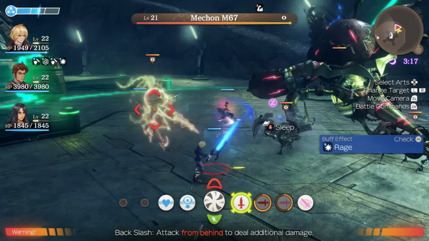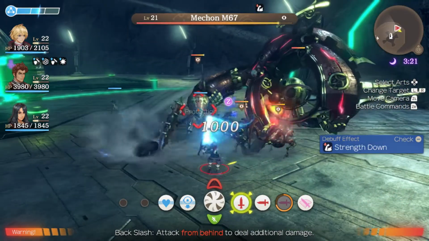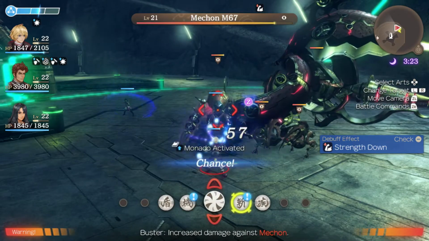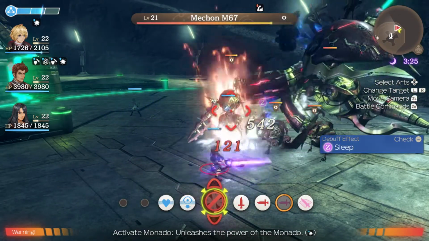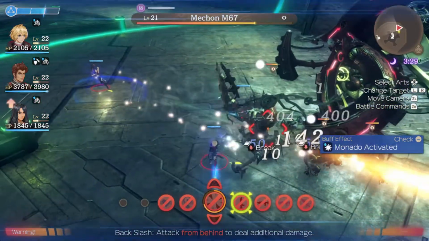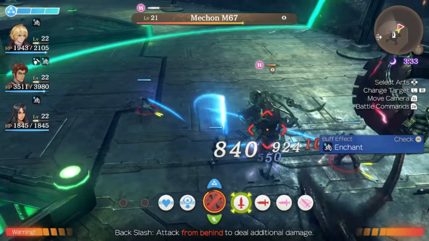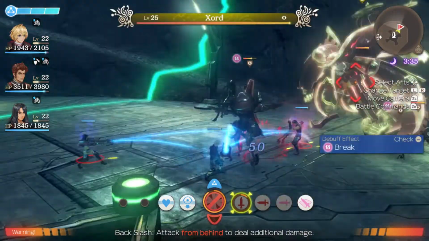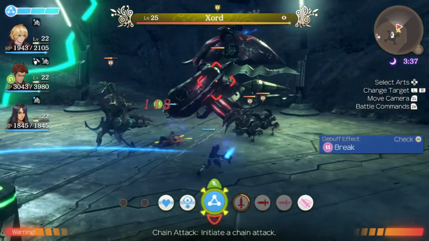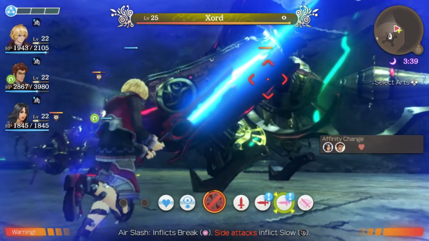The reason these Mechons spawn is because this is a good way of getting your party gauge built up, because defeating enemies also builds up the party gauge. I'm going to go ahead and use Monado Enchant so they can actually do anything to these Mechon, because I don't want to waste Wild Down. I don't know why I said that. We can't even topple Zord outside of a chain attack. But once you have your party gauge built up and you have a chain attack, I recommend just targeting Zord right away. It's good to have a boss fight where I can actually talk about...